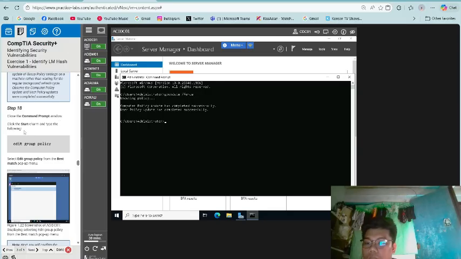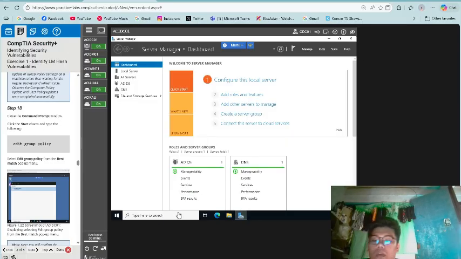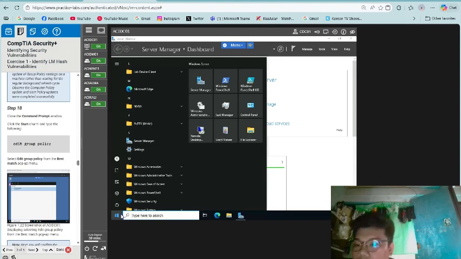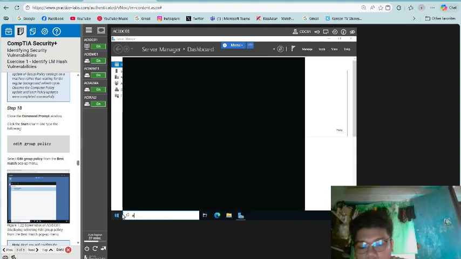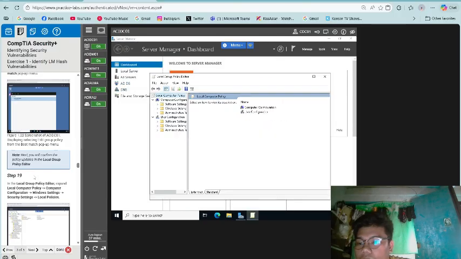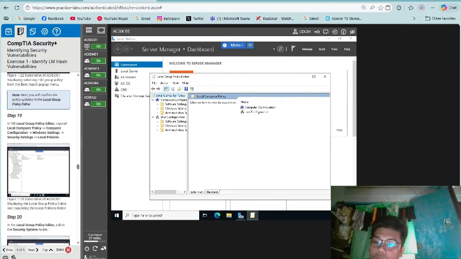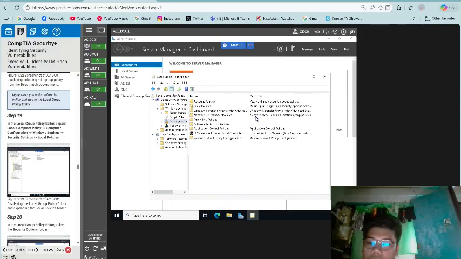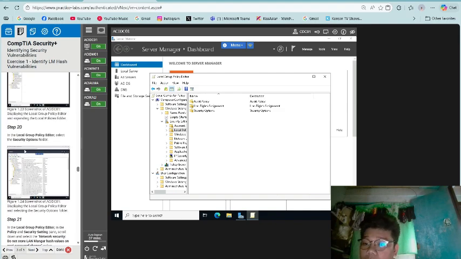Close the command prompt window, click start, and type the following: Edit group policy. Step 19, in the local group policy editor, expand the local computer policy, computer configuration, Windows settings, security settings, then local policies. Step 20.